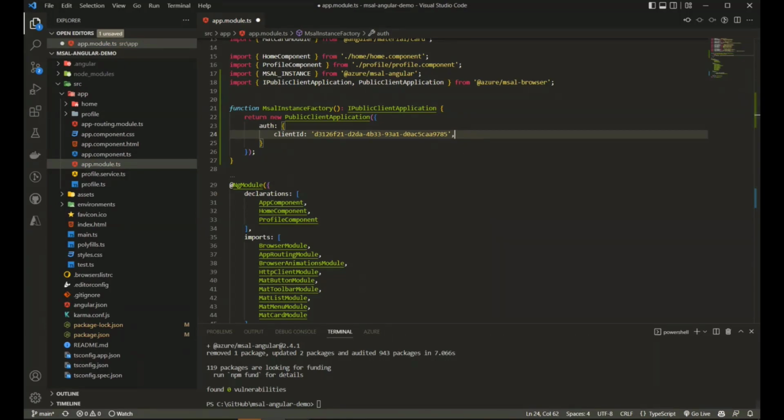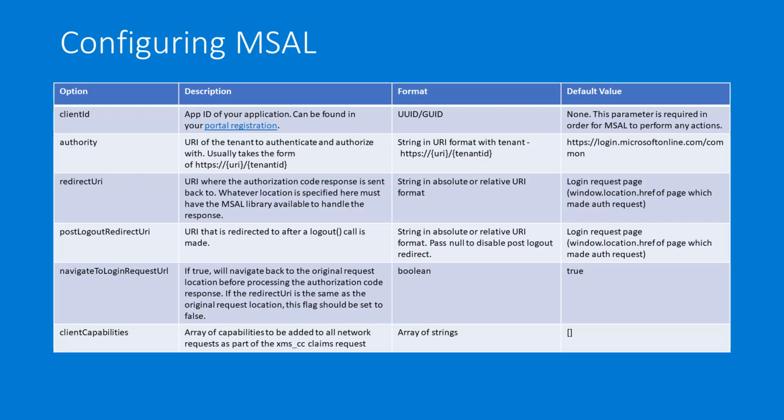Let me take a moment here and discuss what kind of configuration options we have. So this object, the auth, will define your sign-in experience. So it's the most important part of configuring MSAL. And let me briefly go to slides here. So as I said, client ID will be the ID of the application registered on Azure AD. And then importantly, you have the authority parameter. This controls what kind of users you can sign into your application. So if you're developing a line of business application and you want to sign in the users in your own tenant, that will contain your tenant ID.